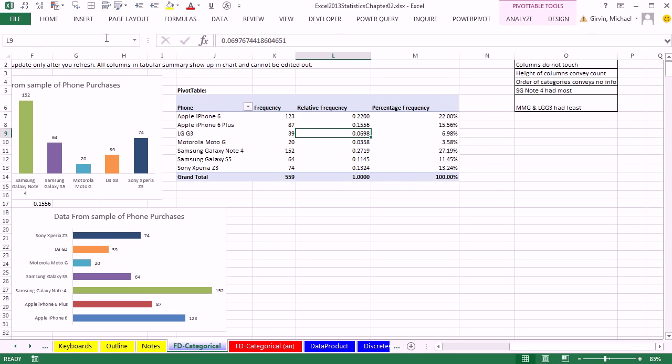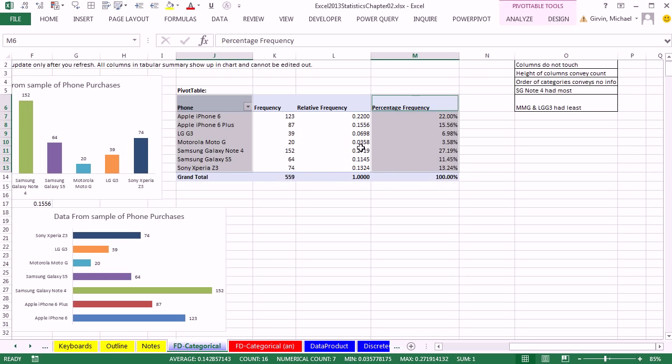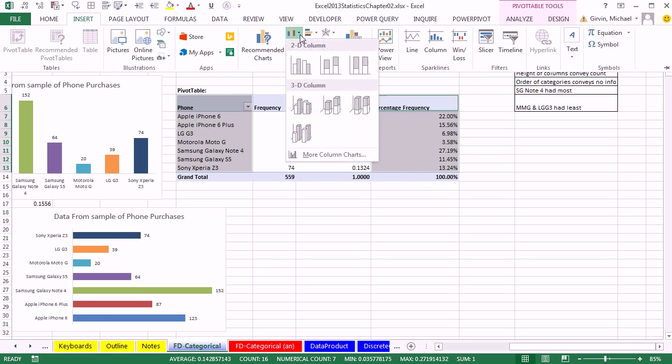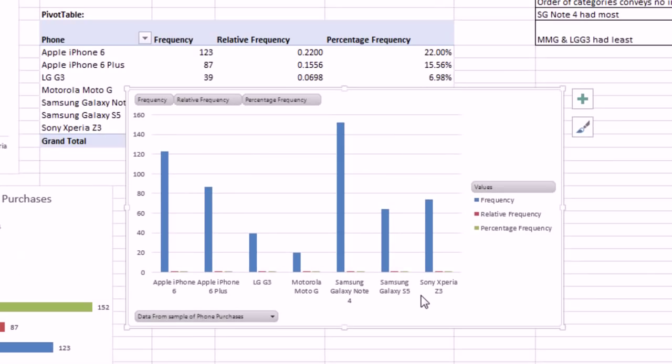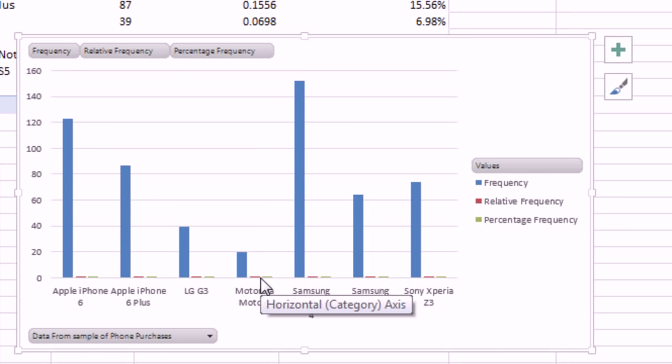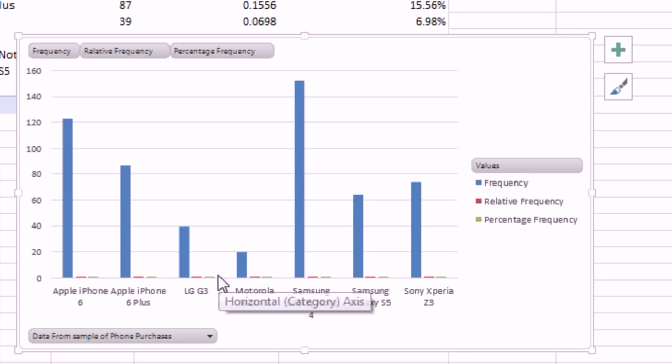Hey, just click in a single cell. Or let's do this. Let's highlight, use Control, and all I want is the percentages, right? So I've highlighted just like I would with formulas. Insert, column chart, column. You can already see the problem here. All of the columns are coming in. Now you can barely see it down there because they're little percentages. But even if you hid them, you still have the problem with this weird gap width.